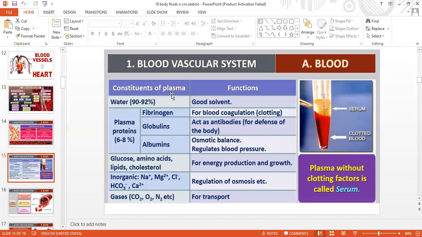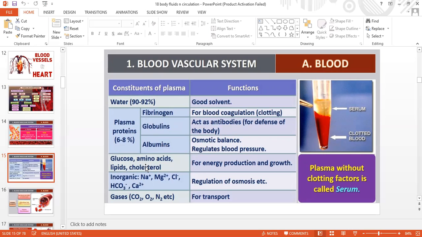Now, let's talk about plasma in detail, the constituents of plasma and their functions. 90 to 92% of blood plasma is made up of water, and that's why it's a good solvent. In the plasma is present 6 to 8% of plasma proteins like fibrinogen, globulin, and albumin. Fibrinogen takes part in blood coagulation. Globulin acts as an antibody for the defense of the body, and albumin maintains osmotic balance and regulates the blood